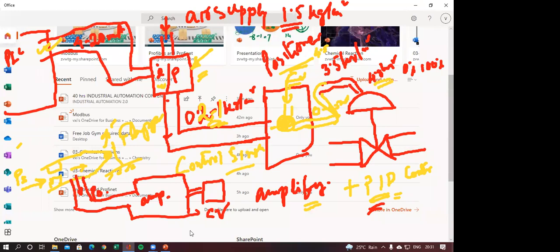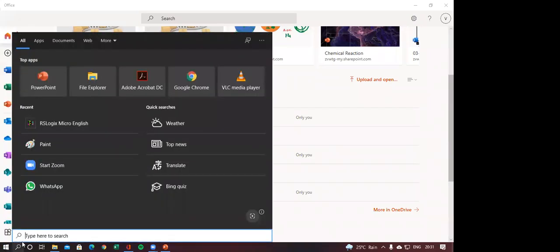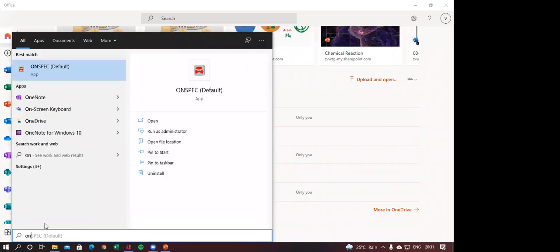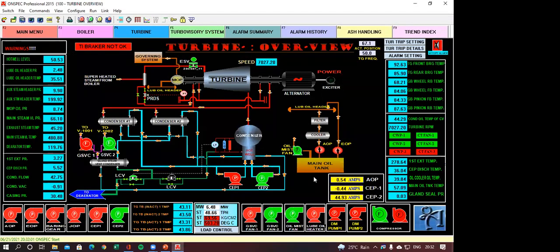If we apply 8, then it comes to 25, and so on till 75. 4 to 20, from 0 to 100%. But when it is on manual it works, and when we take it to auto, it starts hunting. So many times we have to go and use the trial and error method to do PID tuning.